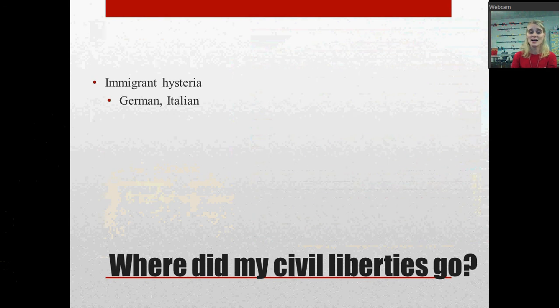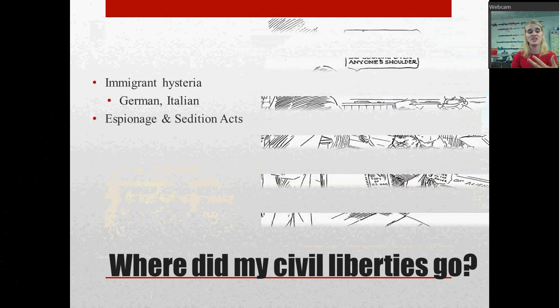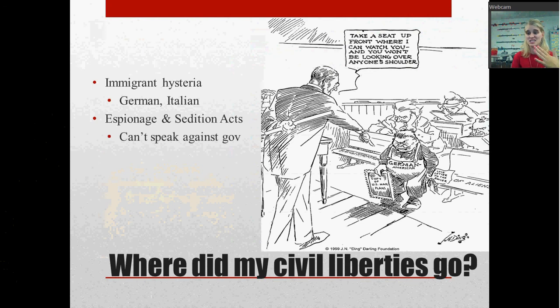In fact, they actually passed a series of laws called the Espionage and Sedition Acts. And these laws made it illegal to speak against the government, right? Mainly they're targeting immigrants and socialists. So socialists were really anti-war. And so the idea here is that they were the ones, like labor unions, particularly the Wobblies, a really radical labor union, who were speaking against the war. And these guys, their goal was to kind of stamp out any sort of discontent, any sort of opposition to